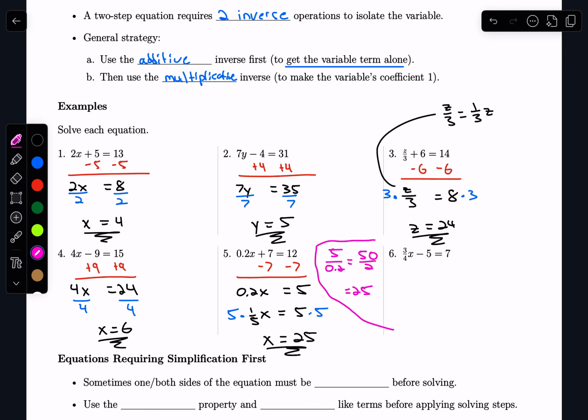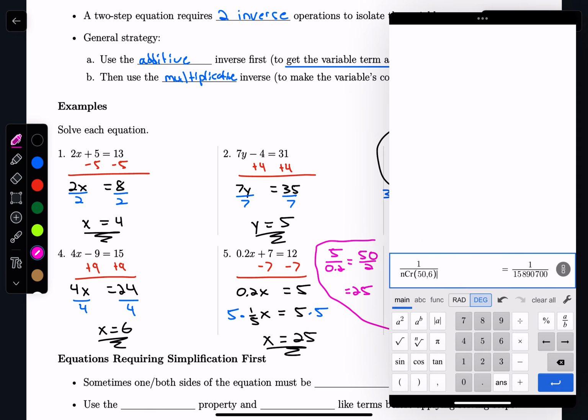Or we could turn 0.2x into 1/5 x and then multiply both sides by 5. Or the third way, which is my least favorite way, is pull out a calculator. And if you type in 5 divided by 0.2, you will in fact get that same 25. So now I think that's the worst way because notice I was able to do it very quickly without the